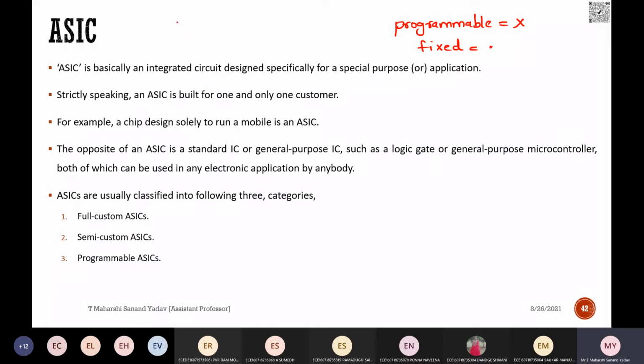Remember this one. And I want to ask you one question. We have discussed memories also, like ROM and RAM. Among these, which one is combinational and which one is sequential? Is ROM combinational or sequential? Read only memory is combinational, whereas RAM is sequential. Why is ROM combinational? What did we do in PROM?